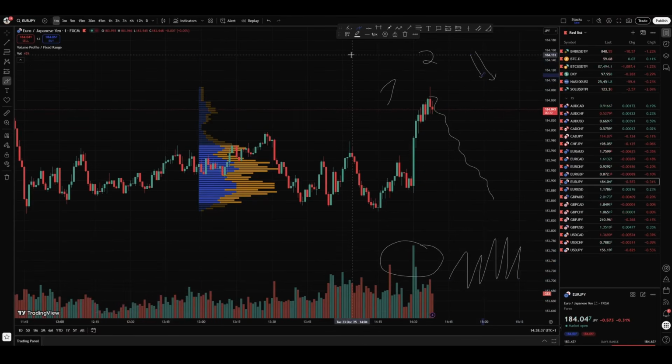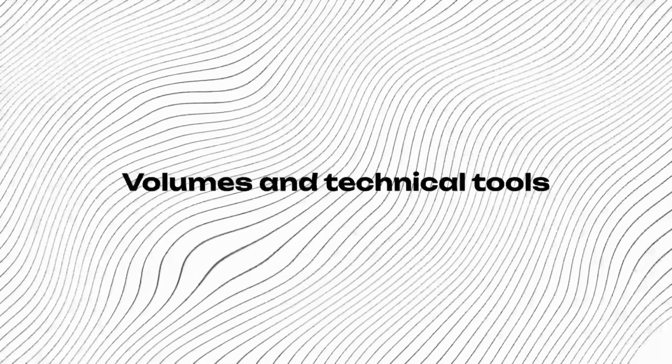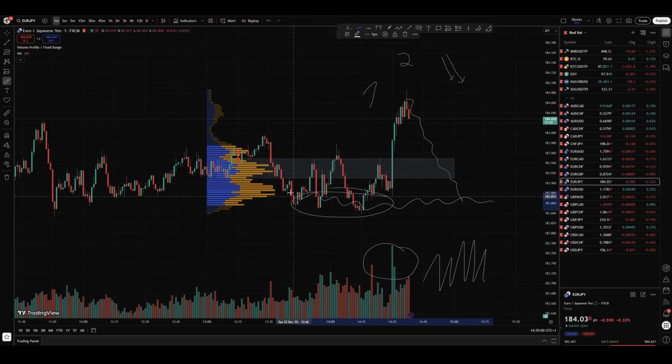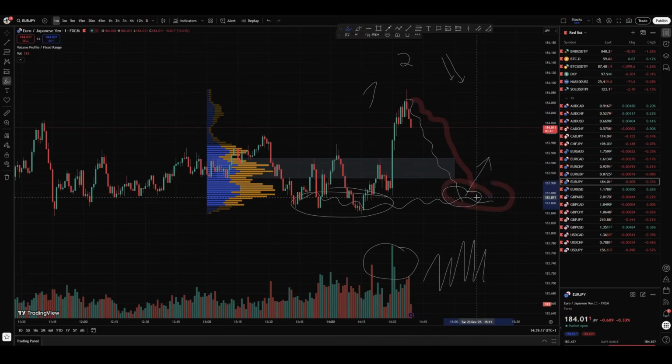After we've gone through the external factors that affect us, we move on to the internal factors. That is, these are volumes in technical tools. And accordingly, we understand that, for example, the price might get a strong reaction from these areas, meaning the lower areas, since we have a large horizontal volume as well as a large vertical volume. Plus, the news tells us that we should fall, and from there we can expect a reaction. So the robot immediately makes a prediction. For example, if we have a downward movement, the price is falling, and right here is where we'll see a reversal. Accordingly, we built a global analysis, and from that we can get a more precise one.